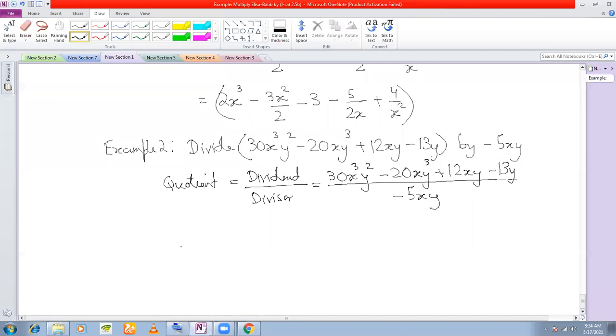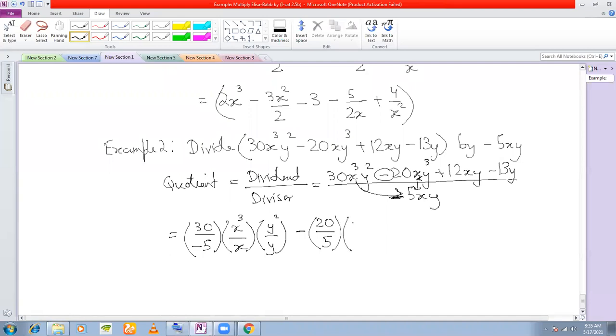Okay. So how do you work with this? Again, we need to divide these two. You have a minus sign here. So we need to divide these two. What you do is you take 30 by minus 5 together. What are the variables? X cube and x. So you take them together, x cube by x. And you take y's together, y square by y. Next, you have a minus sign here. So put a minus sign. Next, you have 20. So now we are dividing these two monomials. So 20 by 5 into x by x, and you have y cube by y.